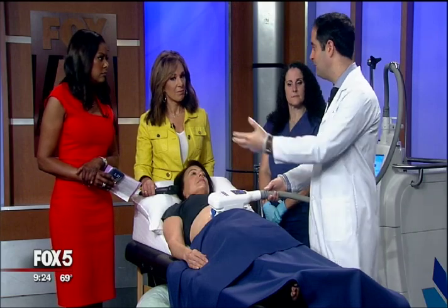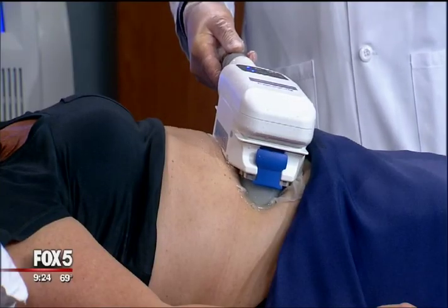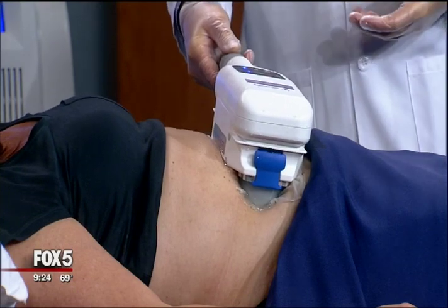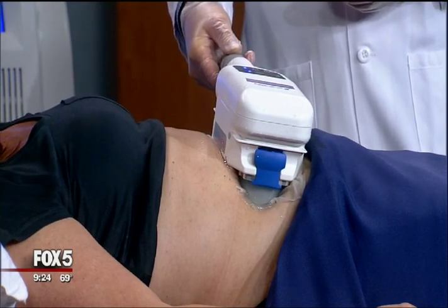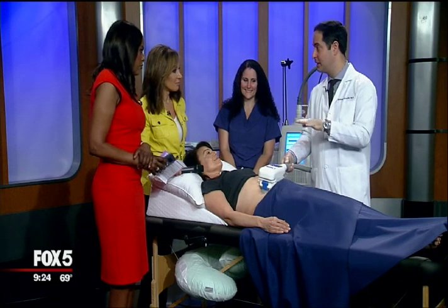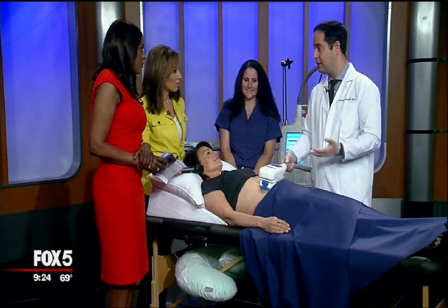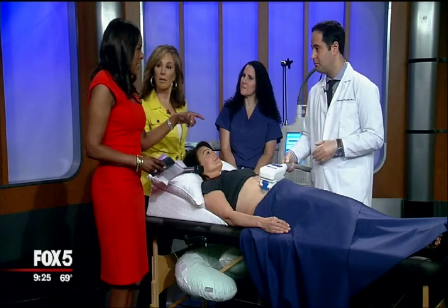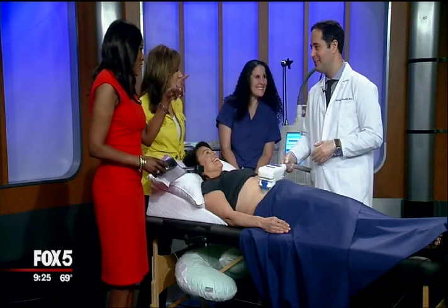We have treated multiple areas in a visit, and we have multiple machines, so we're able to treat multiple areas at the same time, which tends to be very efficient. So, Doc, you just leave that thing there for how long? We would leave this here for the next 35 minutes and see how she does. We would then remove it and then apply it to another area if we wanted to. And you would actually stand there holding it, or do you hand this off to...